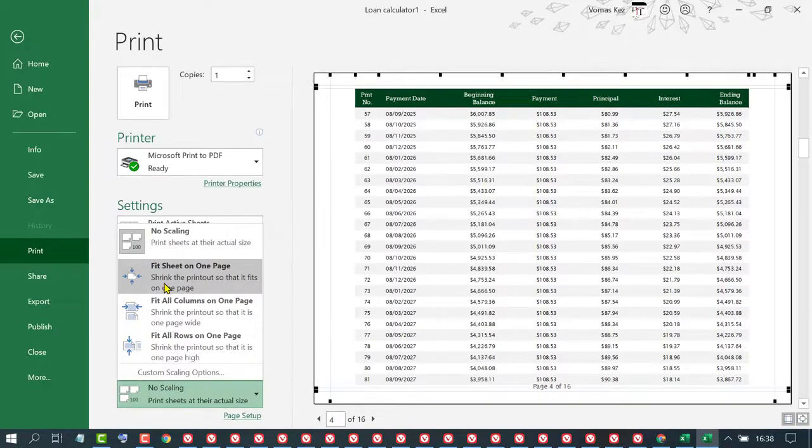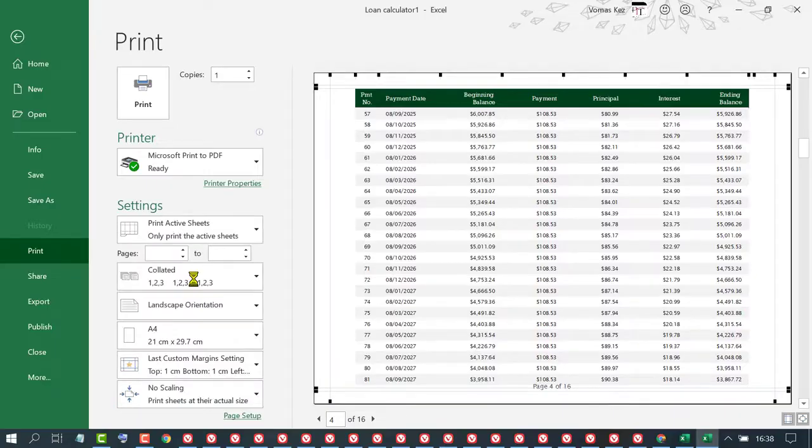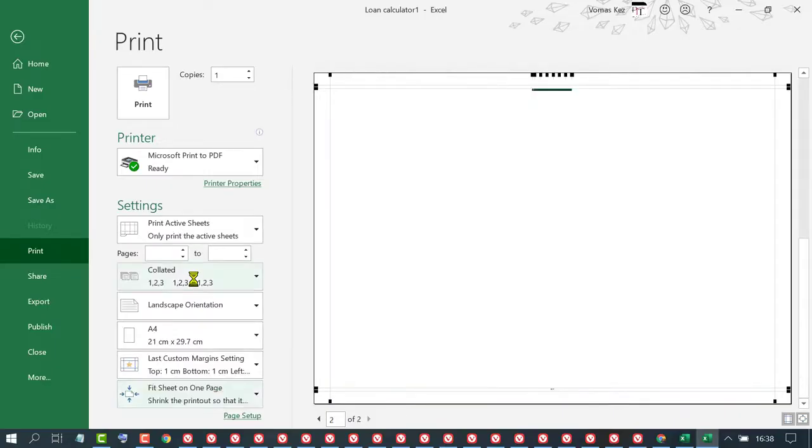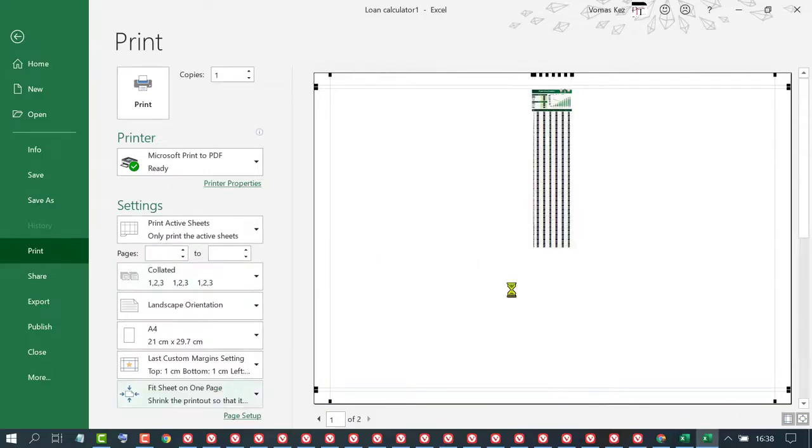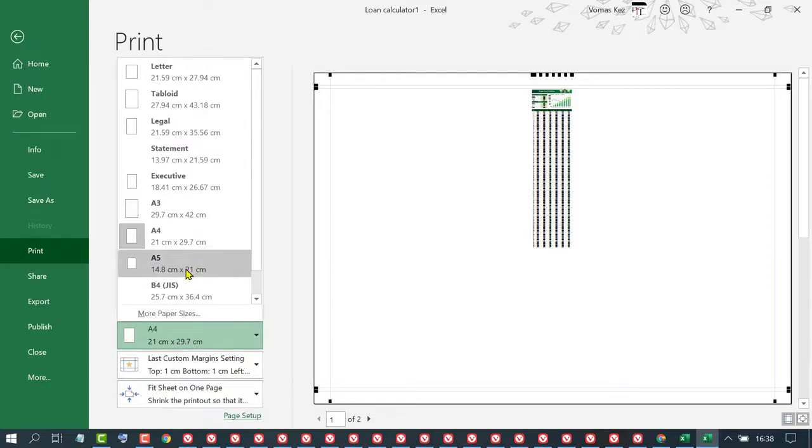Fit sheet on one page. Shrink the printout so that it fits on one page, so it will shrink into one page. Whole content in one page. You can change page size, like B4, 25%,